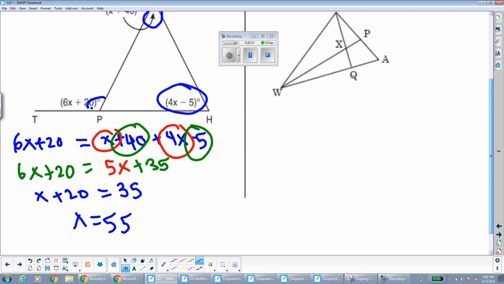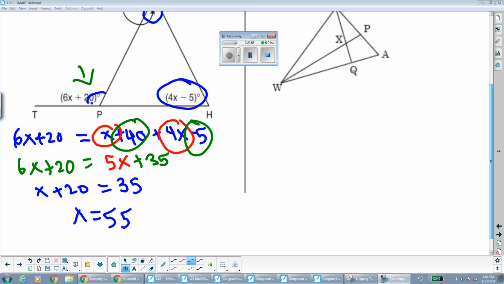Remember, the question didn't ask for x. It actually asked for what the measurement of angle QPT, the exterior angle, is. So using my calculator, I'm just going to plug our x value in. So I have 6 times 55. That's 300. Oops. 6 times 55. Oh,